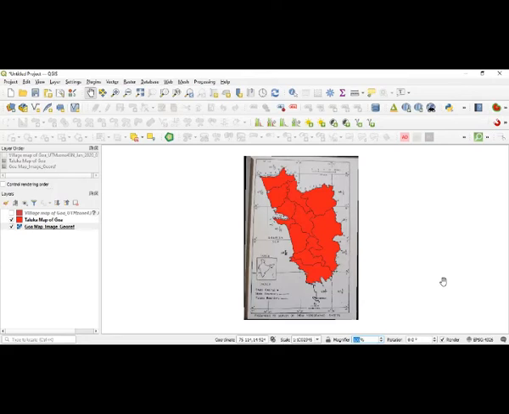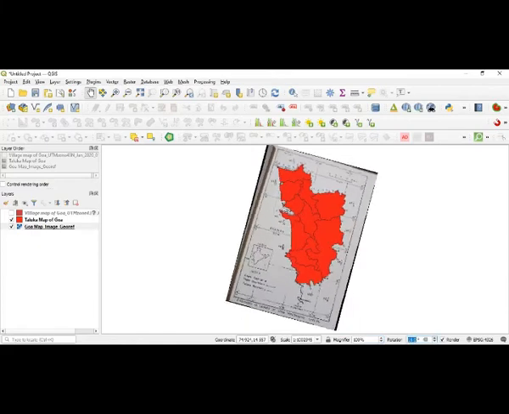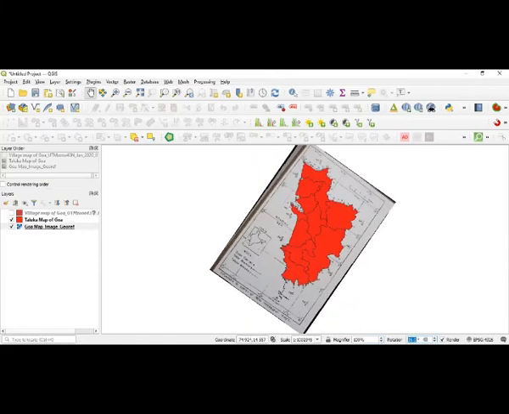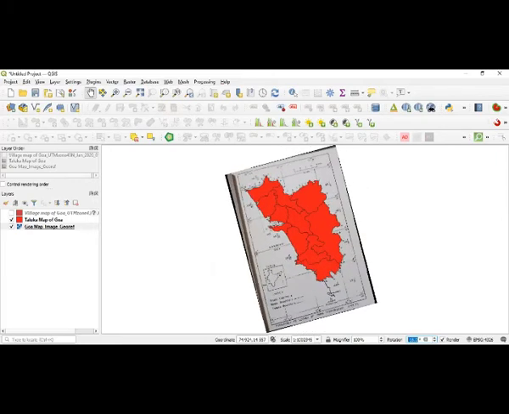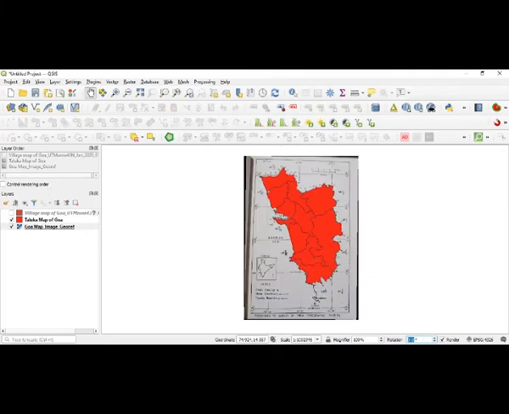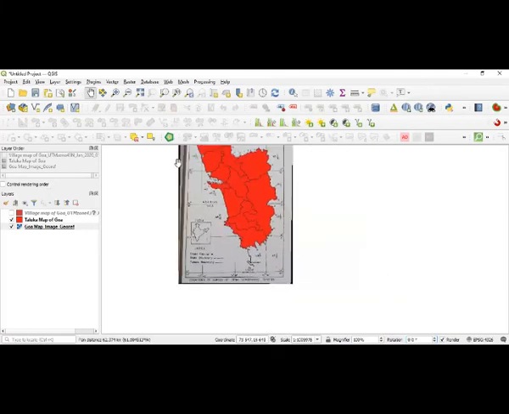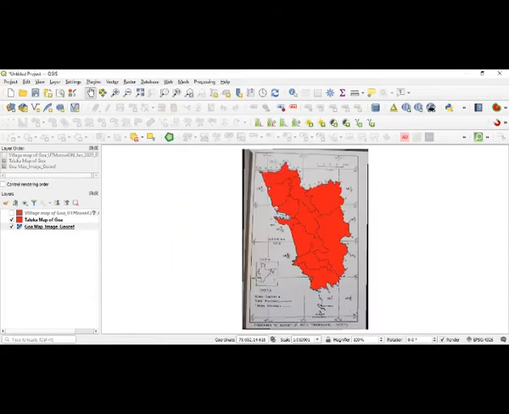So like that, you can think of rotation, you can change the rotation here by changing the degrees. So if I want to change that map, you can see here, you can rotate the map the way you want, or you can also rotate this one this way, or whichever way you want, you can rotate that one. So I will keep it to 0. Okay. So again, I will take it here.